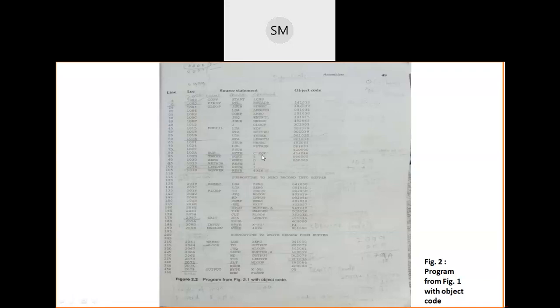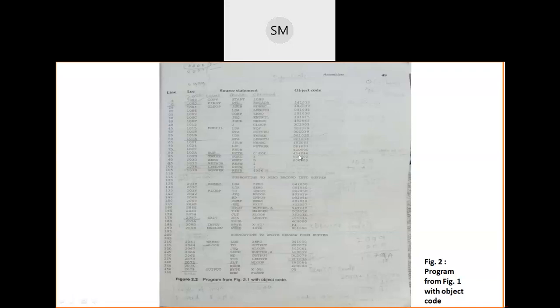You will get all alphabets, characters, and their equivalent hexadecimal values in appendix B. Clear? For all remaining instructions, you will get the address, but for such character constants and hexadecimal constants, you search in your appendix B. E's equivalent hexadecimal code is 45.